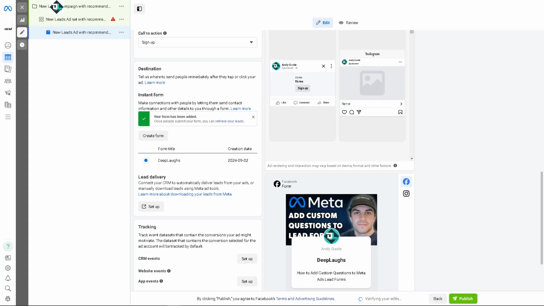Once you're happy with it, you would be able to successfully create and add custom questions to Meta Ads lead forms. All right,